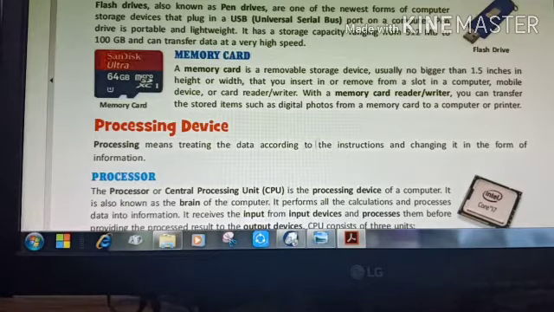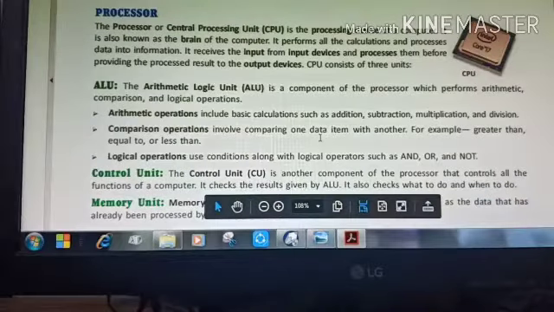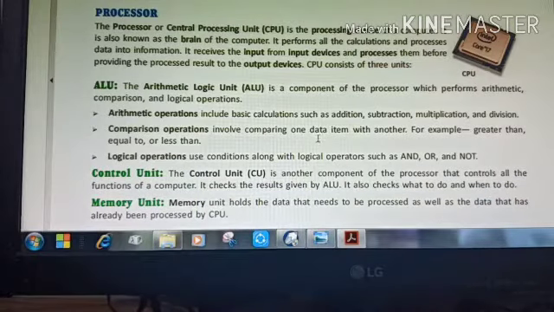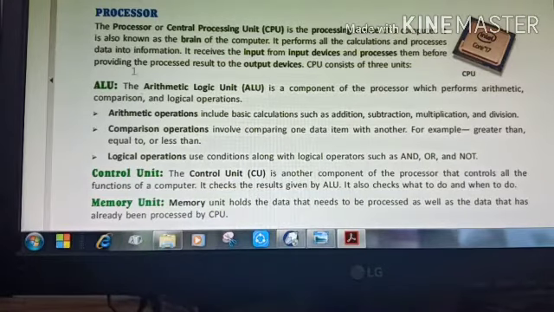Now students, let's learn about the processing device. We have the CPU to do processing, so it is the processing device, and it is divided into three parts: ALU, CU and MU. ALU does all the arithmetical and logical calculations.